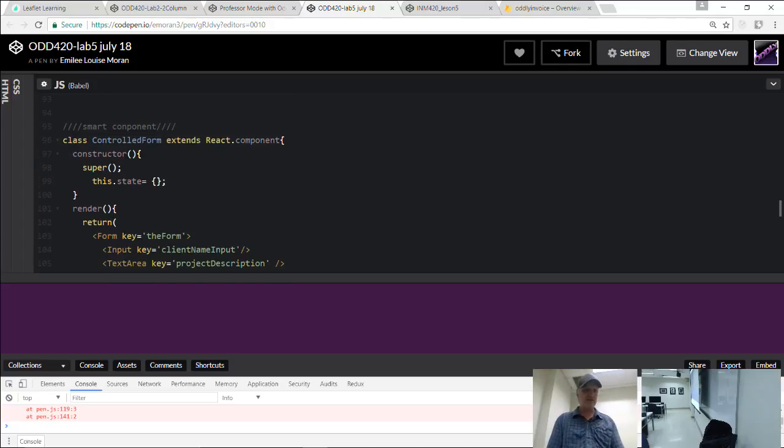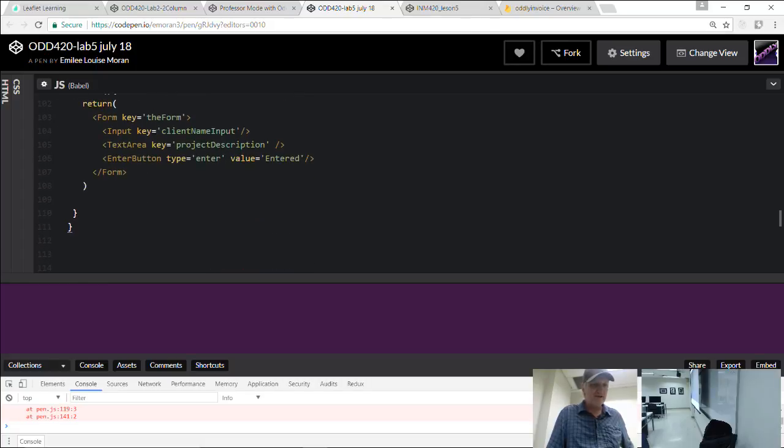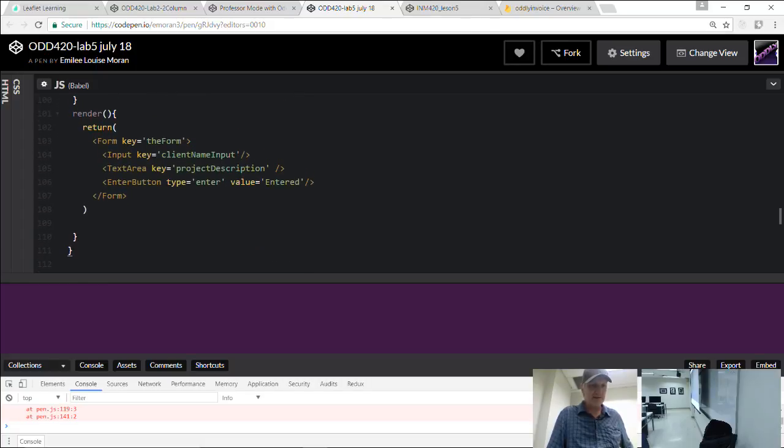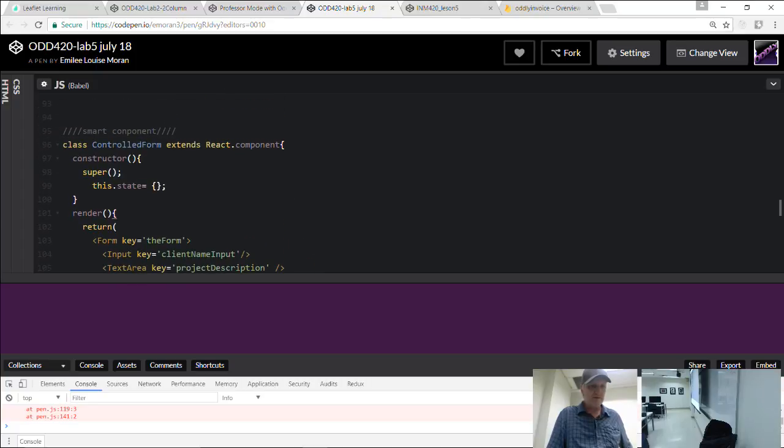I wonder if there's something else. Maybe the closing curly brace? No, it looks like it's there. This looks okay to me. I don't see any issue with that. And Babel is turned on, so that's okay.